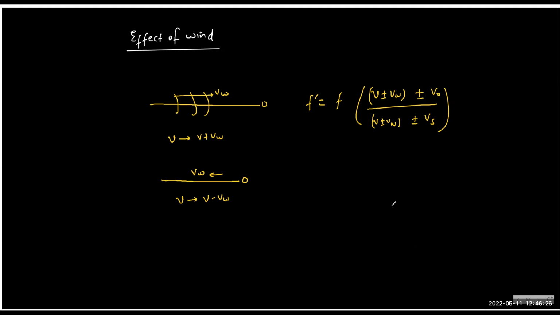And a third scenario you can also take, if the wind is moving at some angle theta, then V should be replaced by V plus VW cos theta. That's just in case you want to make it even more general. So F dash will be F into V plus minus VW cos theta, plus minus V naught upon